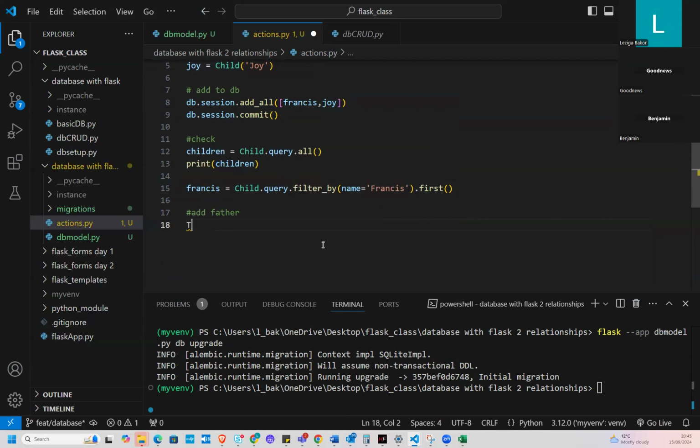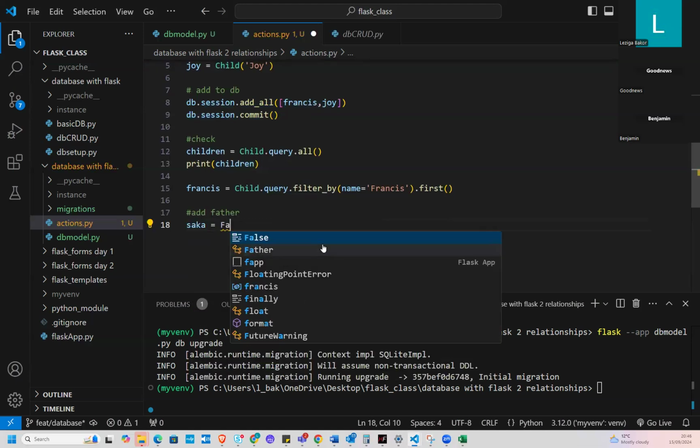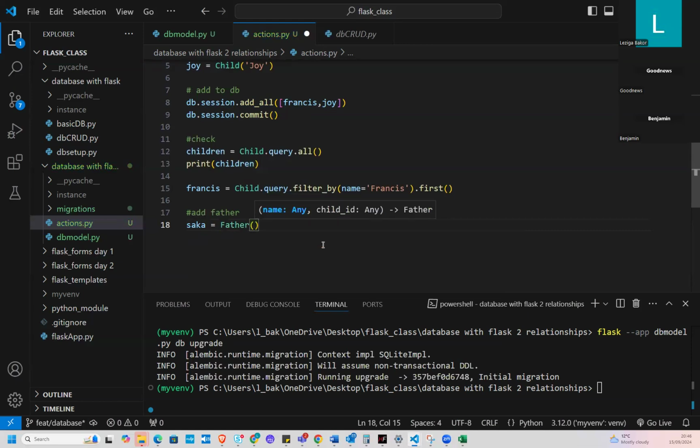So the father now would be Thierry. That's how you spell it. Saka. Let me call him Saka. Saka is the name of the father, but let it become small letters. The father now equals a Father. To create a father the way we wrote it, you put the name of the father, and since it must be tied to a child, now this is Francis's father. So I can then say